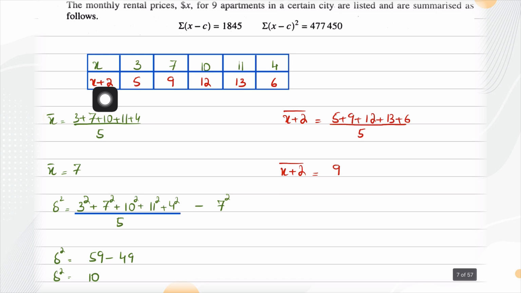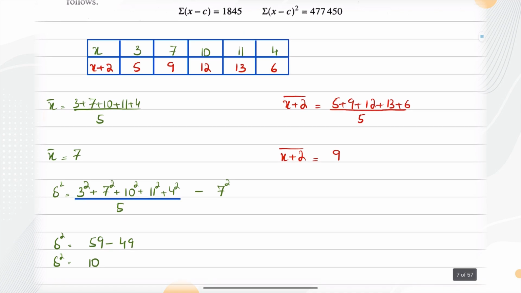Had we subtracted 2 from all the values of x, you would have noticed that, in fact, I encourage you to try it: pause this video, subtract 2 from all the original values of x, and then see what happens to your mean. You'll notice that what you will get is 2 less than the mean that we got with the original values of x. And through this we will make a statement. We'll come up with a fact which I'll write down in a minute, but first let's calculate the variance